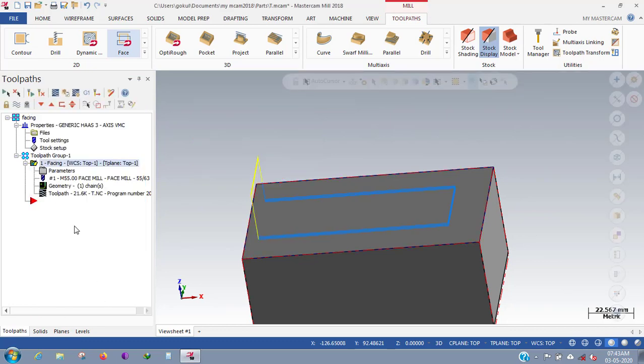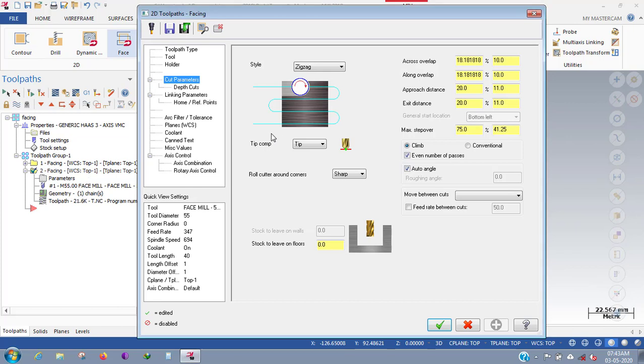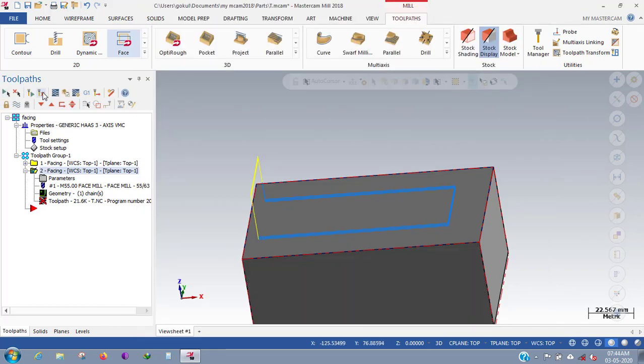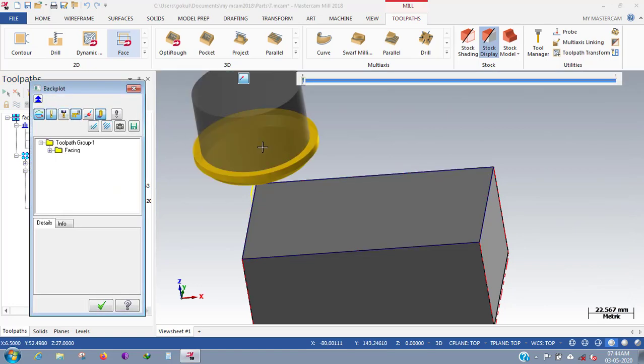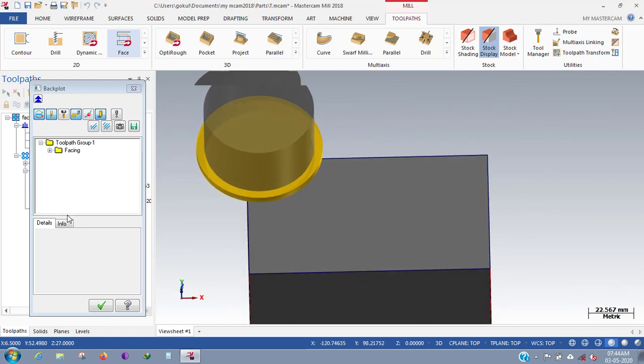Okay, and I will just copy and paste. Same toolpath will be coming here, and I am just going to parameter. I am just changing the one way, and all the remaining things will be the same. Okay, and just giving generate, and let's go there. See how the cycle time is. It is 3 minutes and 17 seconds.